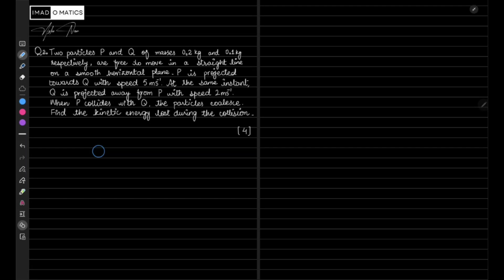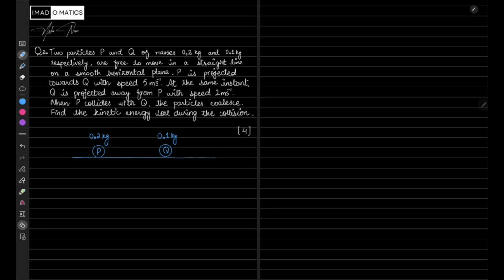So they say there are two particles P and Q. And their masses are given to be 0.2 and 0.1 kg respectively. And now they are moving in a straight line. So let's also represent that with a straight line,